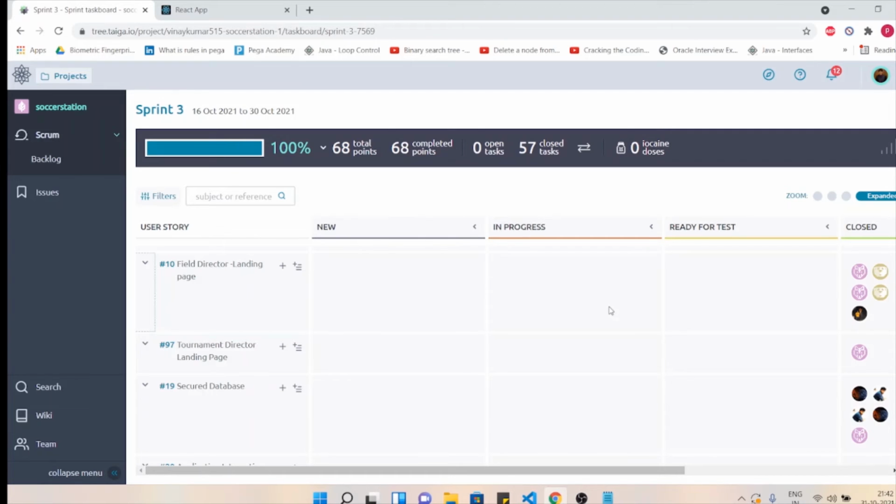After referee director and field director, we have Tournament Director. For the Tournament Director, the dev for the landing pages and the sidebar was done by Sham.